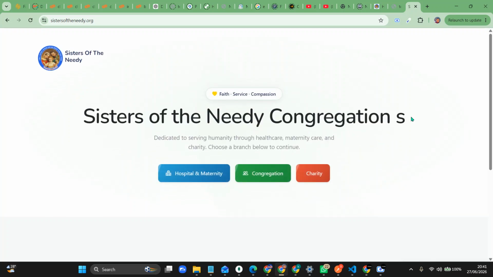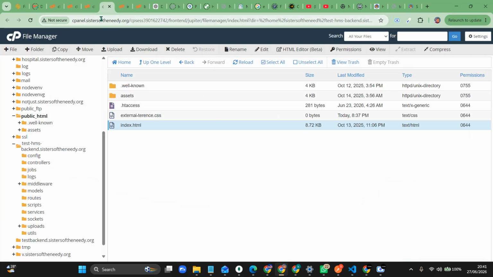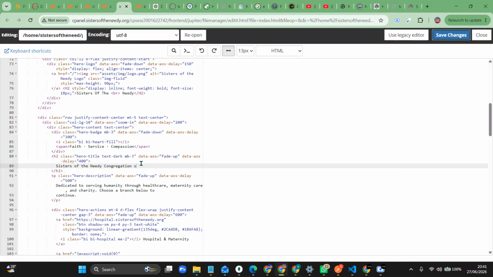Cache is something that will hold the last page you had on your browser. You just hold it without refreshing. But now if I do Control F5, you see it is refreshing from scratch. That's why it's taking this time. So that S we added, probably we are going to see it. So anywhere you are still going to see this S. So I'm just going to remove that S again